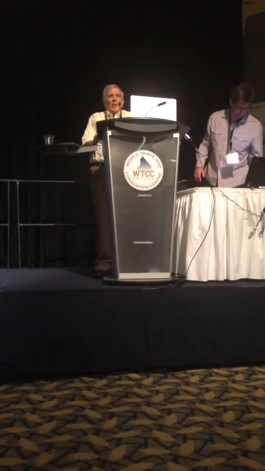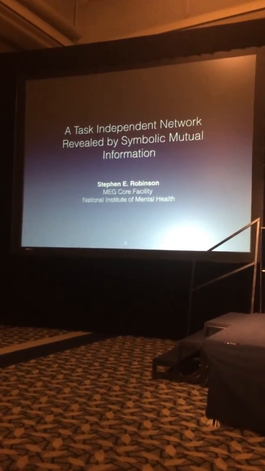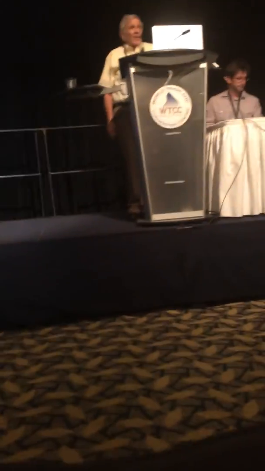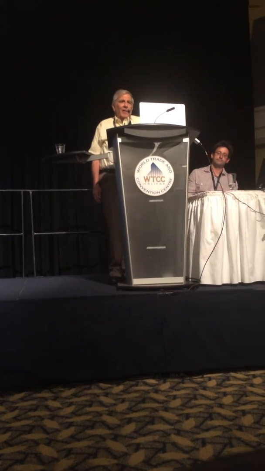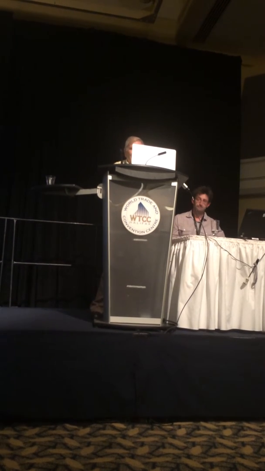I would like to introduce this topic with a somewhat different way of looking at brain activity. By analogy, if you were to lose your keys at nighttime, you would look where? Under the street lamps. And in electrophysiology of the brain, we call these street lamps alpha, beta, gamma, delta, and so on. But what I'm going to attempt to show you is that you can actually illuminate the dark areas between the street lamps. So with that,